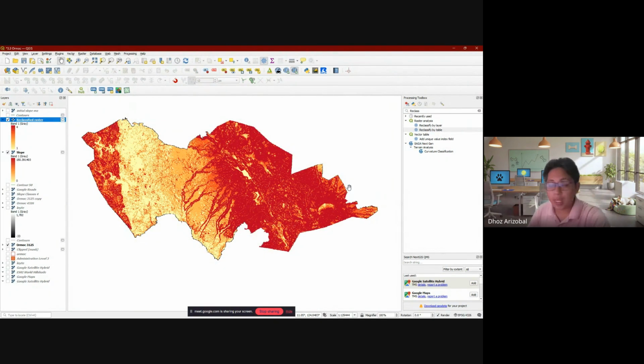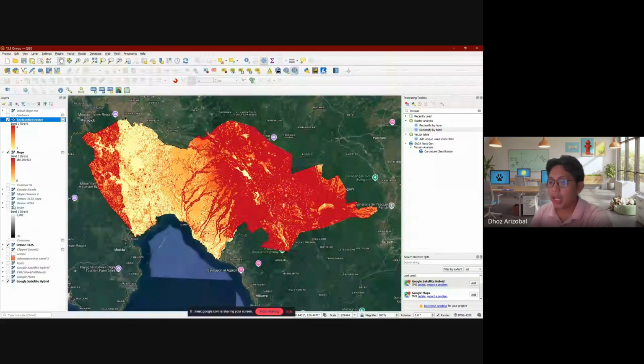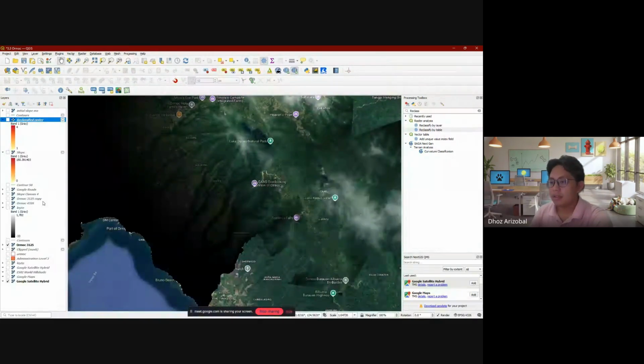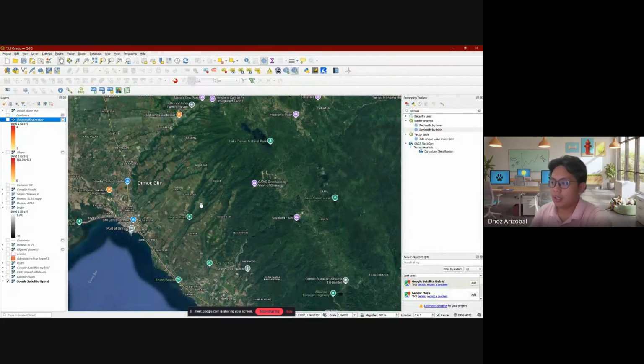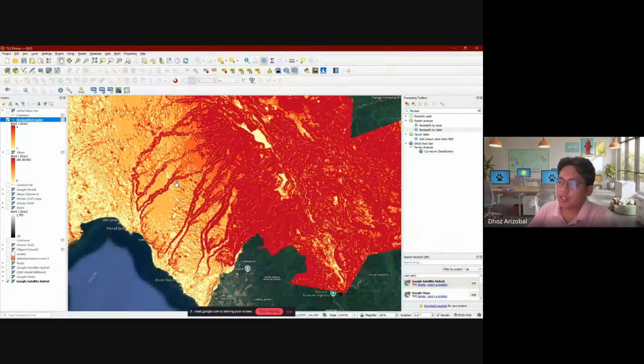So now, based on this one, I can see which regions are good for planting rice, which is somewhere in this area here. So that means this area is not suitable for rice. So on the official satellite, this should not be for rice, okay? Because based on your results, it should be for something upland, maybe corn, shrubs, legumes, stuff like that.